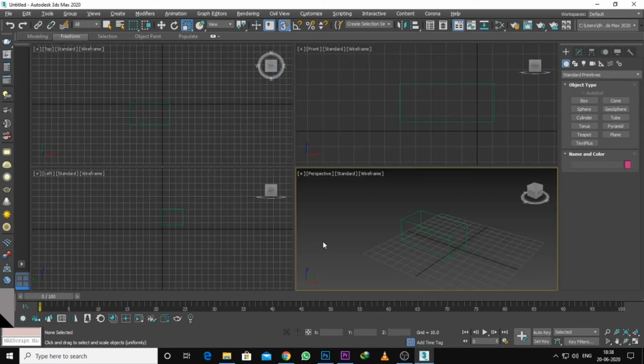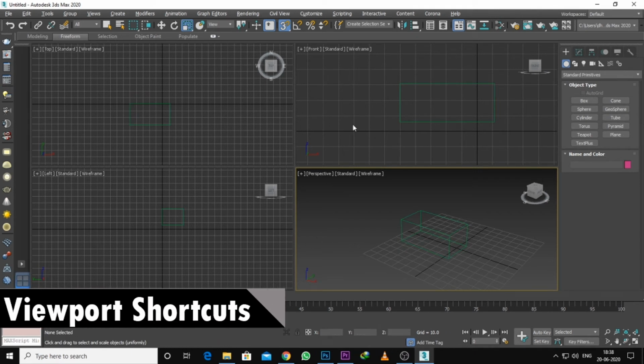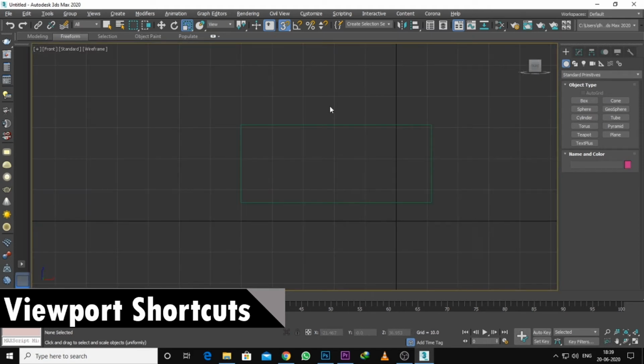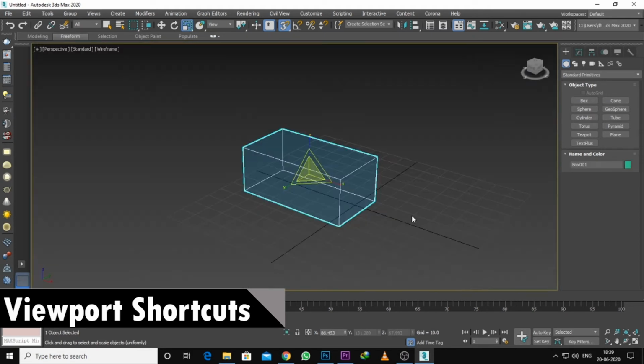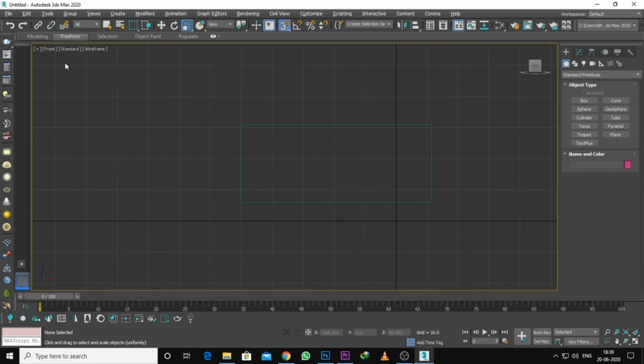Now the fourth one, viewport shortcuts. As you can see, there are the front, top, left views. But when you work in a perspective view and want the front view, you cannot go here and select it, because it takes some time. So when you click here, simply press F and you get the front view.